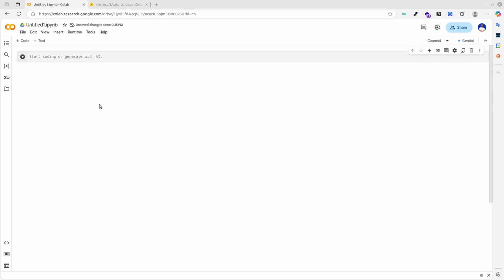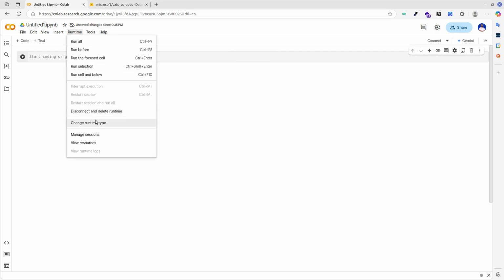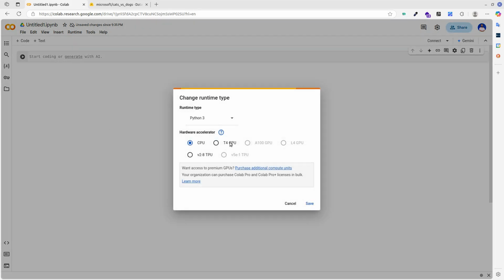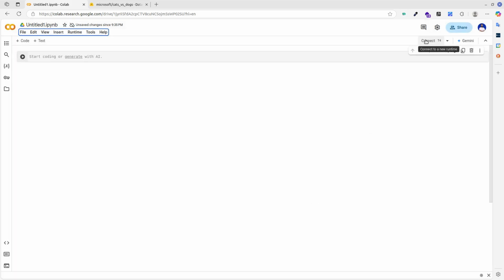To develop our model, we'll use Google Colab, which is a tool based on Jupyter Notebooks. Google Colab is a great prototyping tool since it provides a Python environment with most of the well-known packages installed, and it allows you to use graphical processing units, which speeds up the training process of models. Let's start by changing the runtime of our notebook. To do this, open the Runtime menu, select the Change Runtime Type option, and then in the list of hardware accelerators, select T4 GPU and save it. This will make sure that we'll use a GPU when training our model, which will speed up the process by quite a bit.